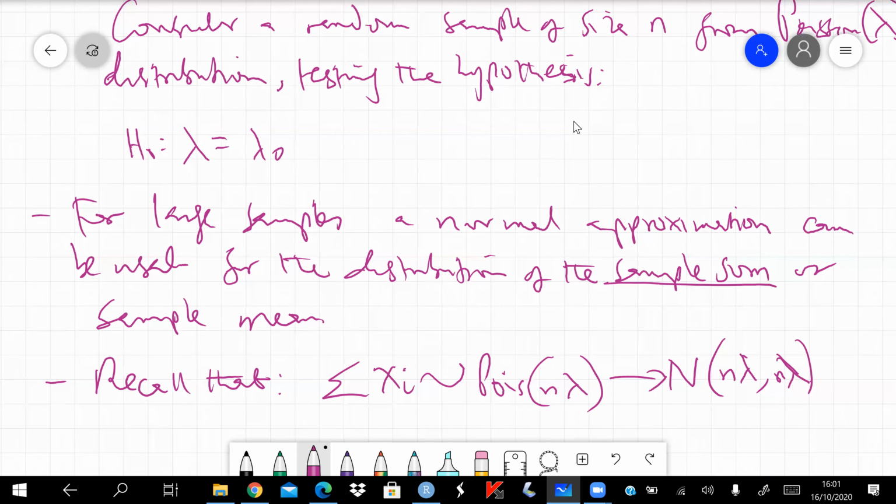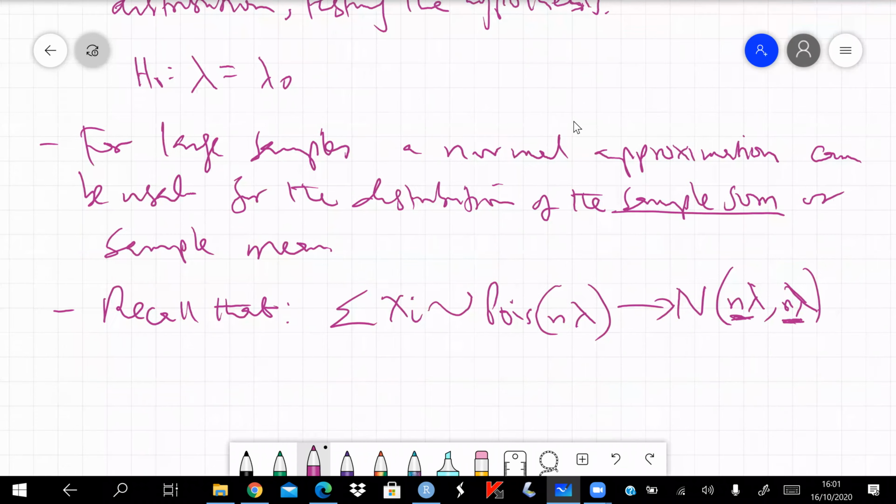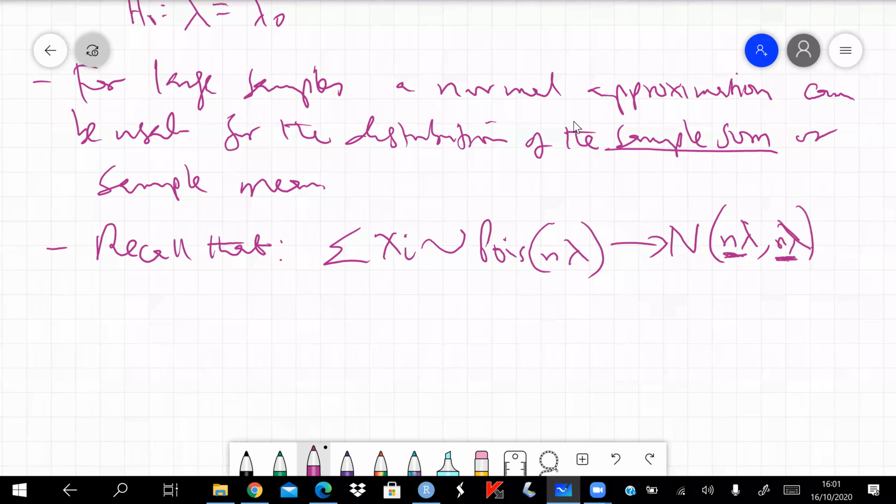Remember, for the Poisson distribution, the mean is equal to the variance. So that's why the mean here is equal to the variance. So when you are switching from the Poisson to the normal, the mean will also be equal to the variance. Then we can say that the test statistic